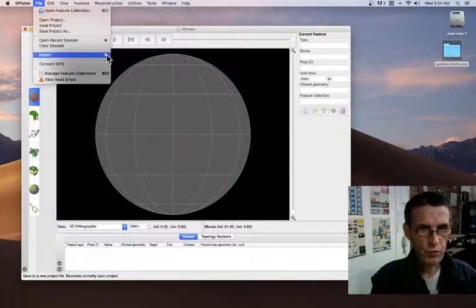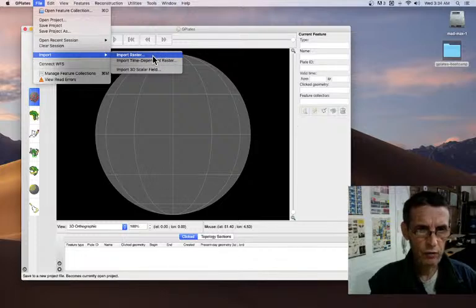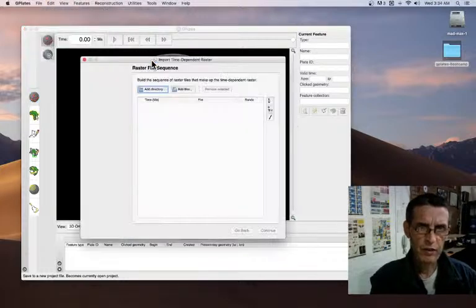There's two ways to import our maps over here. Time-dependent raster, that will be used for the Paleomap. Only for the Paleomap you're gonna use that. And then you're gonna use the import raster for everything else. First, let's do the Paleomap time-dependent raster. Then you're gonna add directory